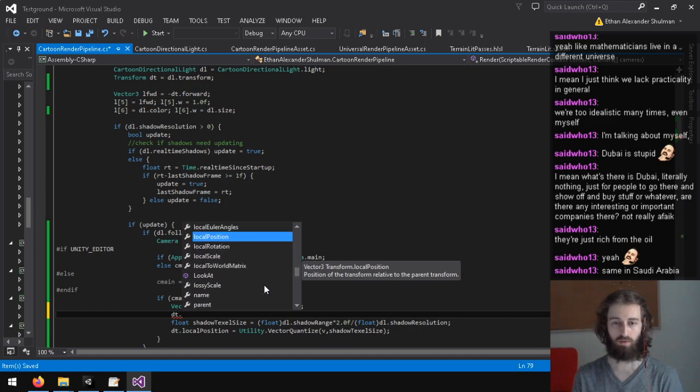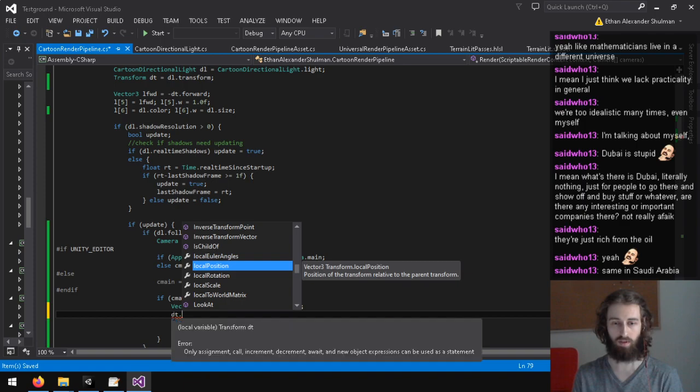I feel like maybe transform direction is what I'm going for, but